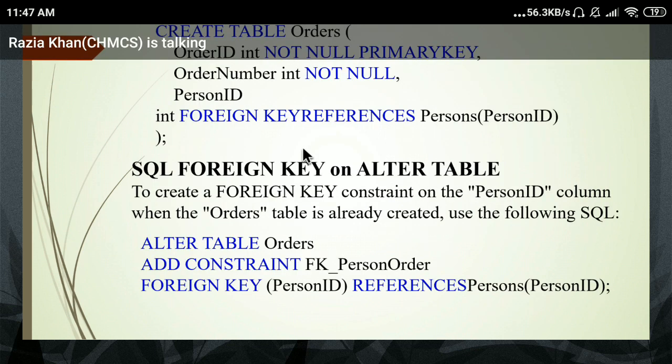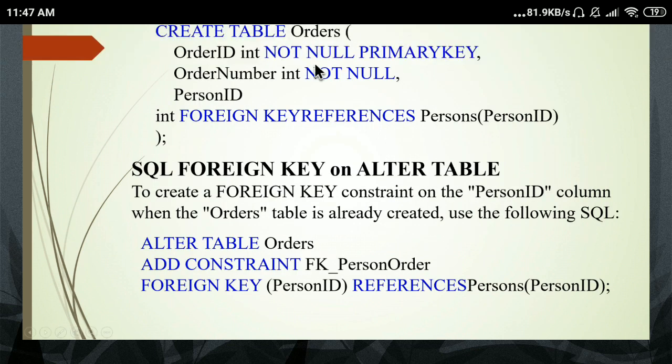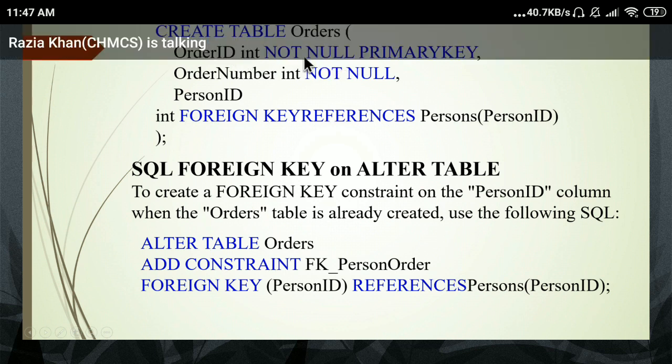Just check. Everyone just check this syntax. This is your order ID, order number, person ID. So how can you create the foreign key?